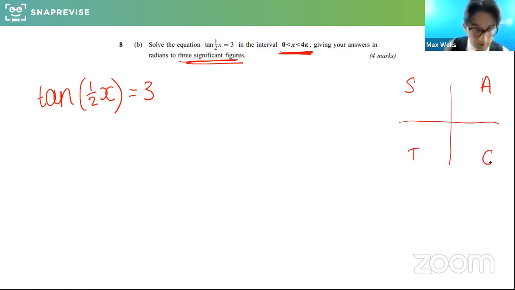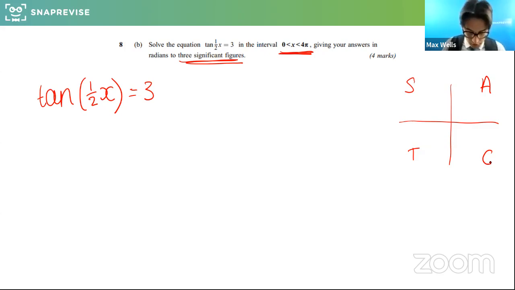And some people don't really like these, they don't seem to get on too well with CAST, but you can think of the graphs as well if that helps. Essentially, for the first part of this, when you plug this into the calculator and you do inverse tan of both sides, you'll get your first value. The thing to look out for, which I'm sure you're all aware, but just double check in an exam, is that you are in radians. So your angle unit on your calculator is radians and not degrees. It's so much easier to fully work through in radians. So the little R at the top of the calculator will show that. If it's the letter D or G, you're in the wrong unit. So make sure you change it to radians.